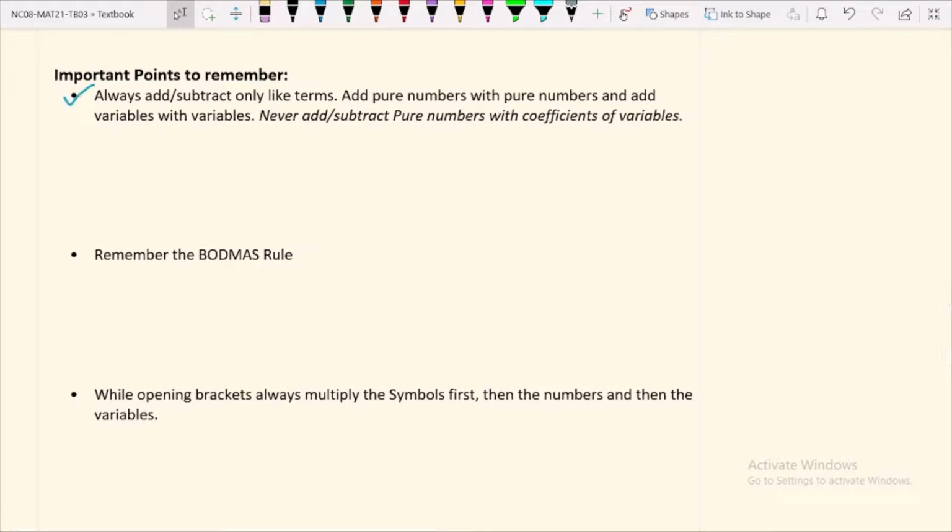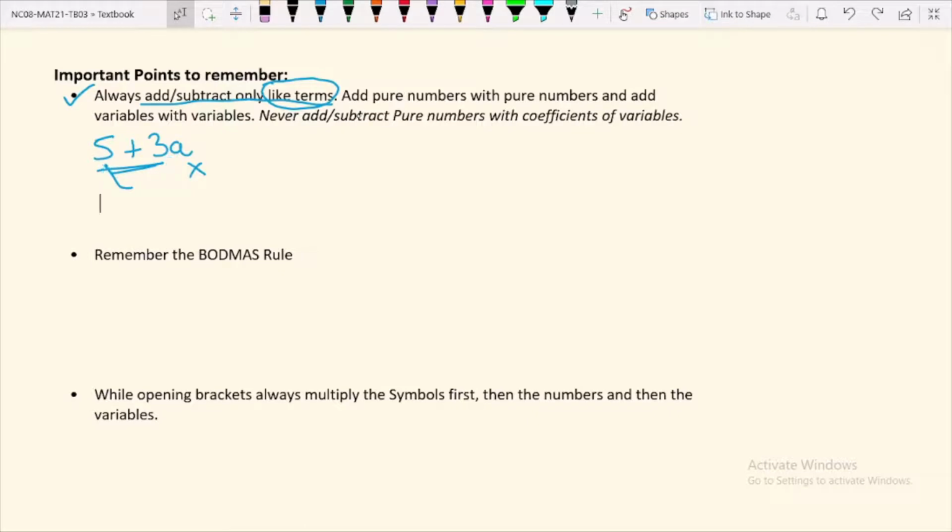So in order to solve these equations, there are some points to remember. So the first point is always add or subtract only like terms. We can only add or subtract like terms. We have already learned about like terms in 7th class. So if I have 5 rupees plus 3 apples, can I add this? Can I add 5 rupees to 3 apples? No, because these are two different quantities. 5 is a constant quantity, I know its value, but 3a, I do not know its value. So I cannot add known and unknown terms together. These are two different quantities. I cannot add two different quantities together.